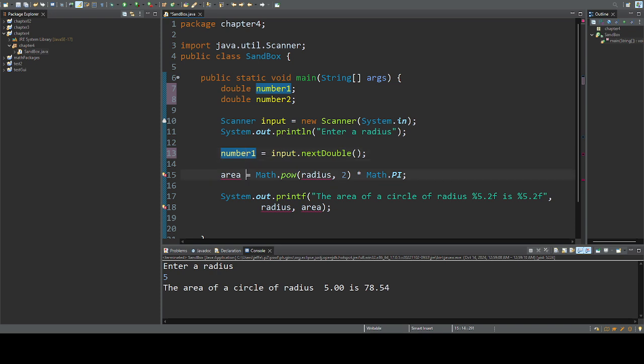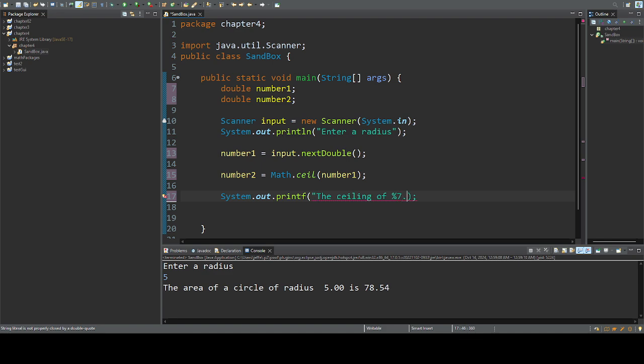This will be number 2. And we're going to use the ceiling. So math.ceil, and we'll give it number 1. And the ceiling of,